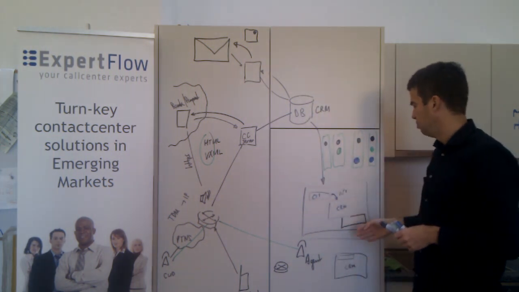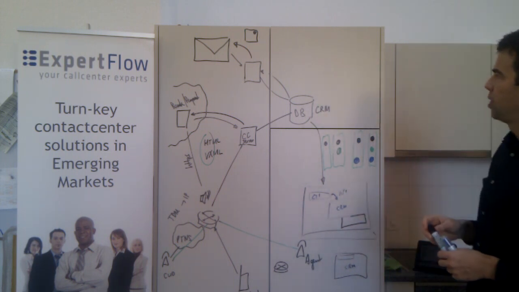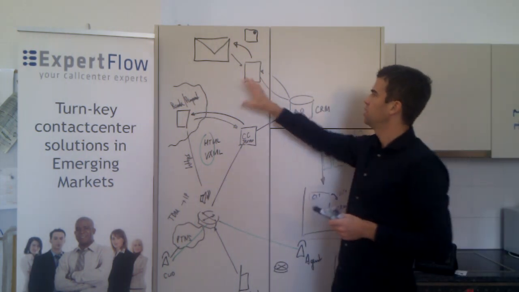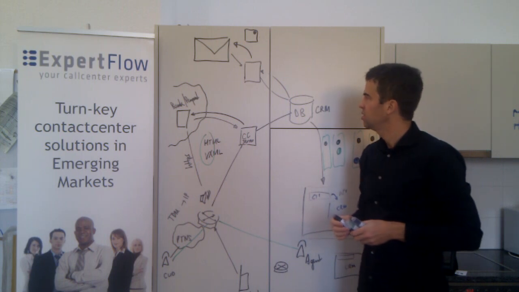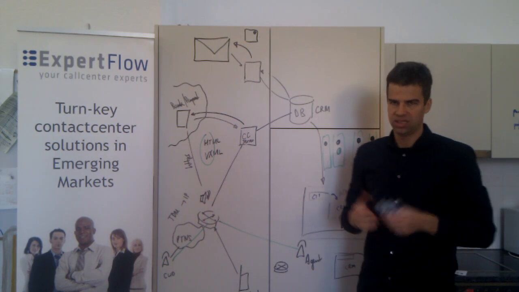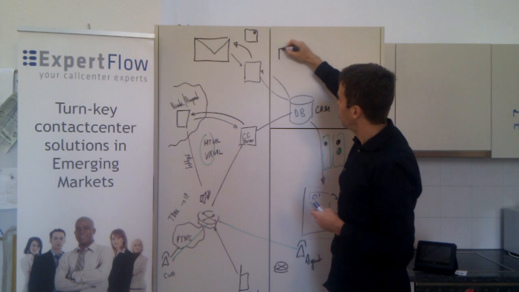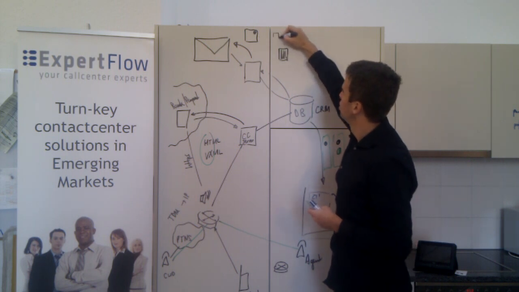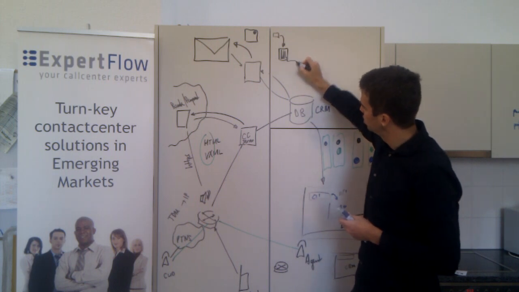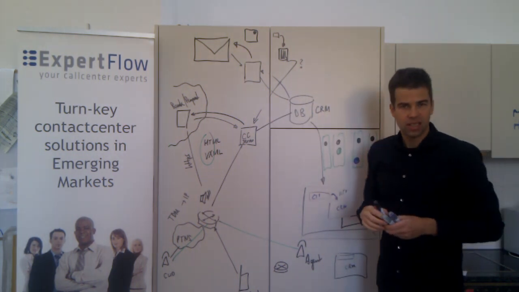The same mechanism here applies regarding automatic responses and so on. You can also integrate basically any type of multimedia that you would like. You're not only limited to email or web chat. You can basically route anything you want to an agent. Let's say you have an SMS server. If you have an SMS server, your own branded SMS server here, an SMS reaches here, so the SMS server can say, okay, dear call center, I have an SMS, and I would like to have an agent taking care of that. So the contact center server tells the SMS server, okay, wait, okay, now I have an agent available,